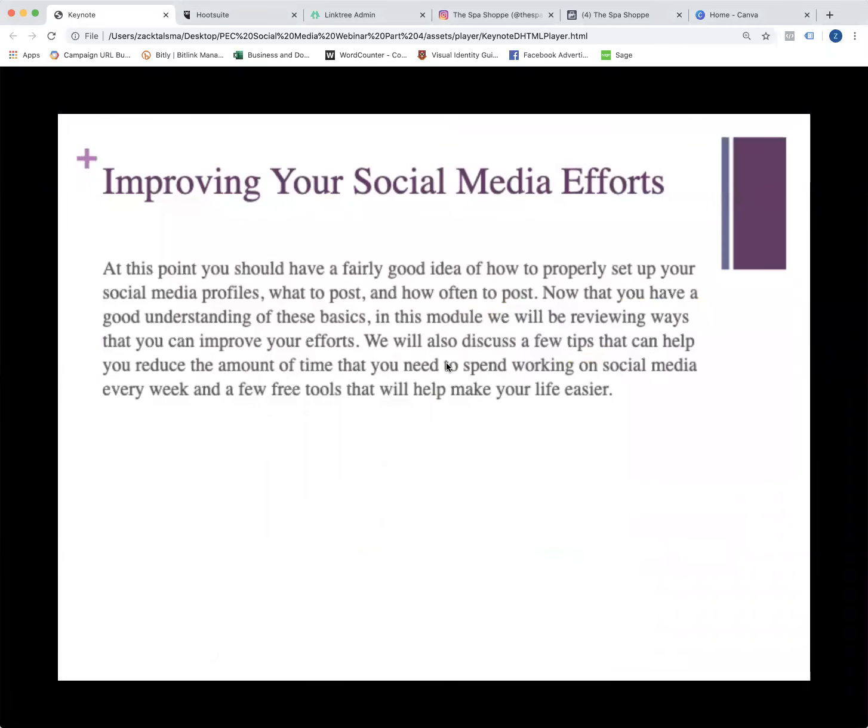Okay, so at this point, you should have a fairly good idea of how to properly set up your social media profiles, at least Facebook and Instagram. You should also have a good idea of what to post and how often to post. And now that you have a good understanding of these basics, we're going to be reviewing how you can improve